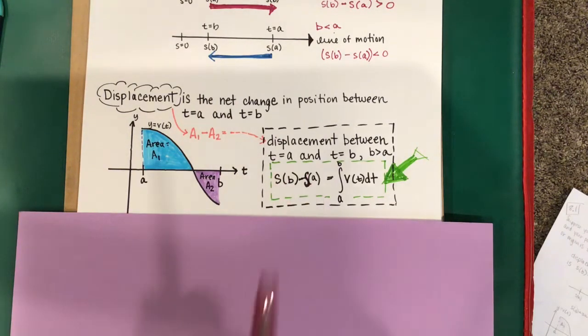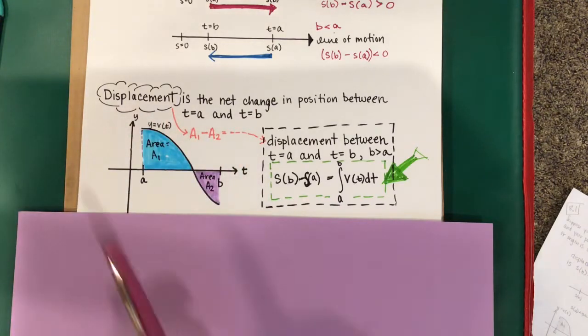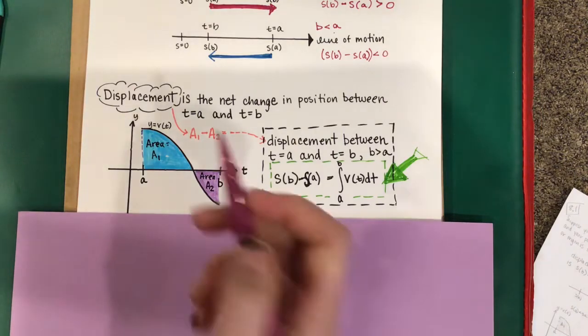But that is also represented as your integral from a to b of the velocity. So if this is my velocity curve, and I was looking for my net change in position,